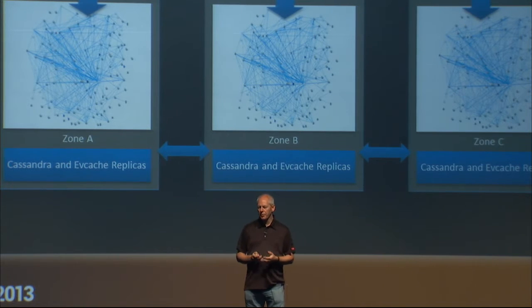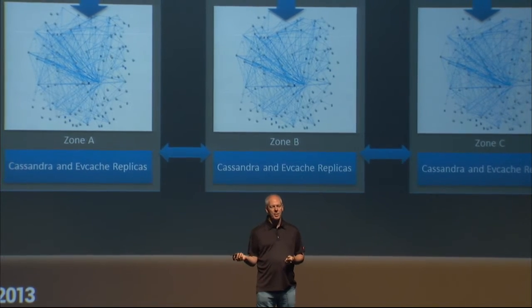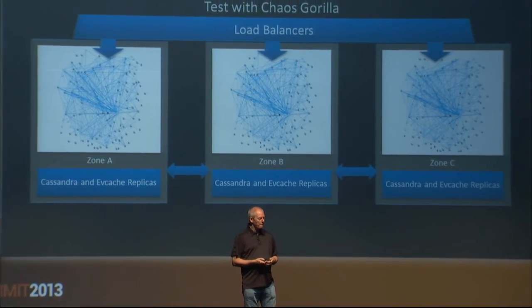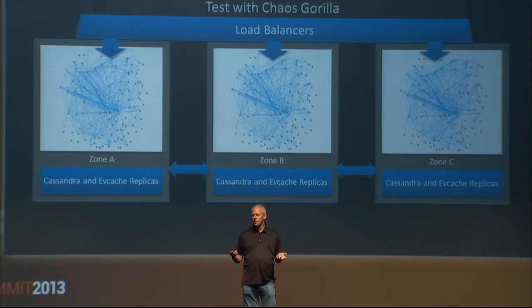What we actually do is run 3 copies, so that's the same diagram replicated 3 times. We have 3 availability zones, 3 buildings or data centers. At the bottom, we have Cassandra and EVCache, which is our memcached wrapper. The load balancers spread traffic over all of them. Once you land in one of these zones, mostly you're calling services within that zone. We have zone-aware routing, so you don't keep calling the machines in the other zone. It costs a little bit more, but if you lose a zone, you don't want to be timing out waiting to talk to it.